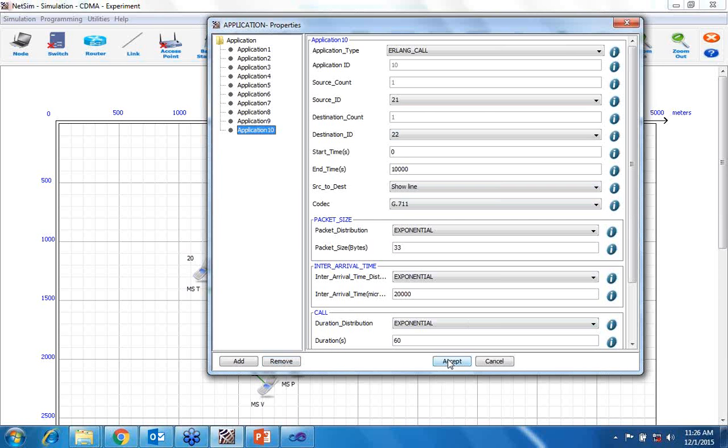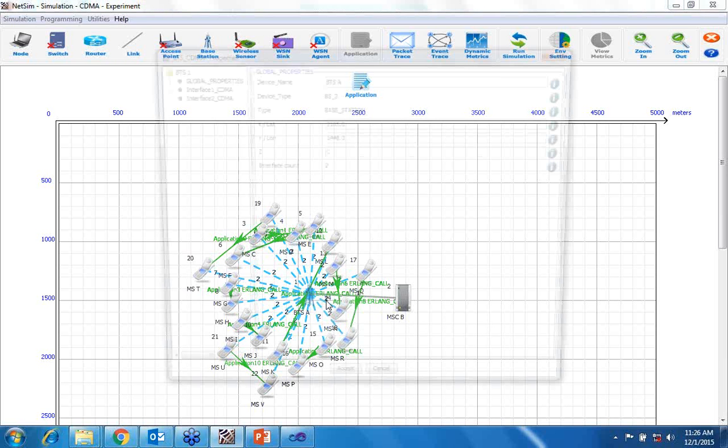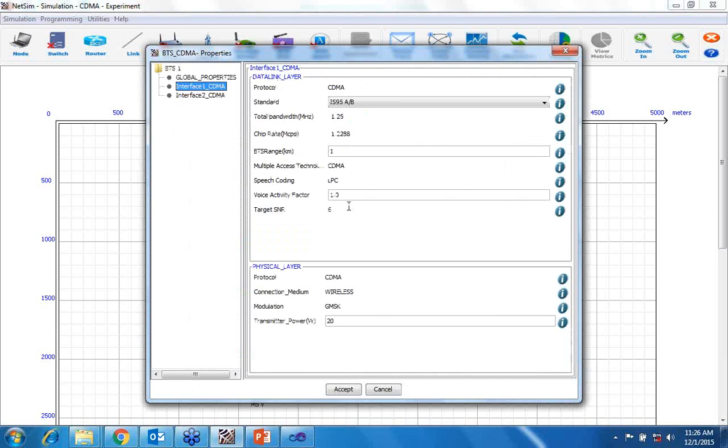Okay. So when you accept it, here in properties, we have voice activity factor. I've told you what I've done.